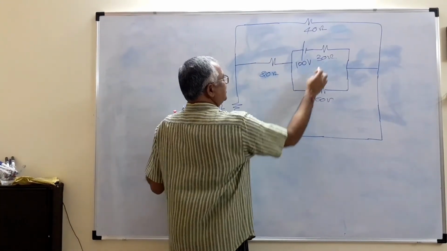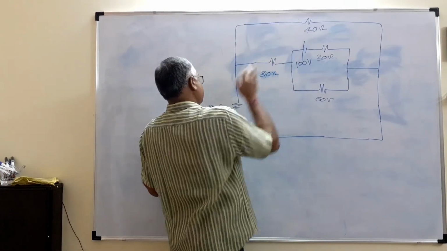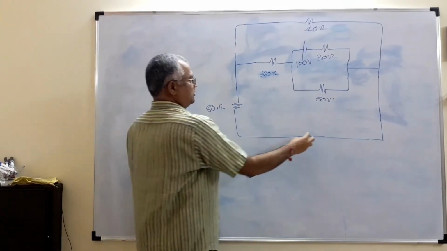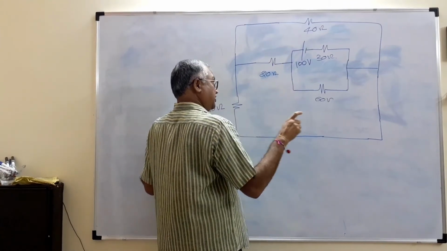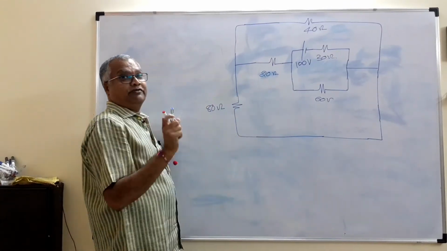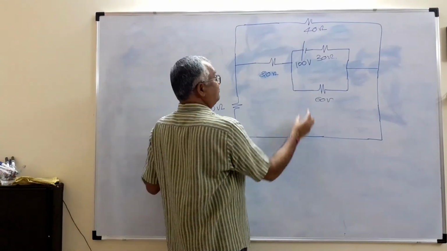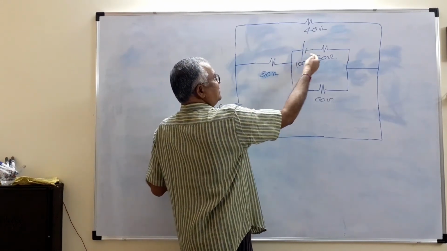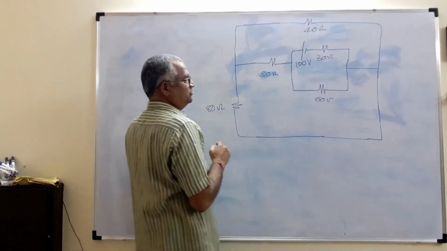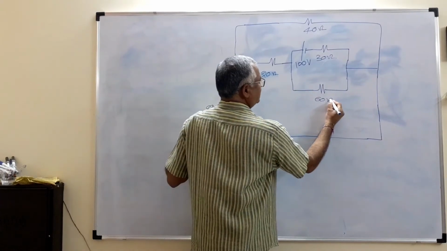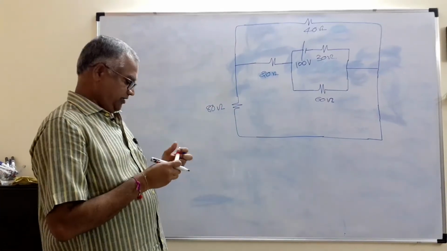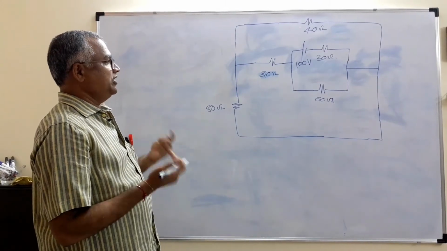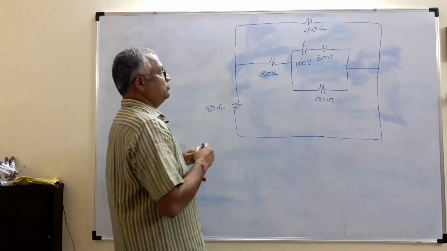Previously one source was here, these two were in parallel and series like that, we have done. Now the source is here. What is the series-parallel definition? It is the connection among the elements looking from the source. So the source is here, now looking from here you have to find out. So what is the change in this problem is that R equivalent is important. So R equivalent will change. So how to find R equivalent now?